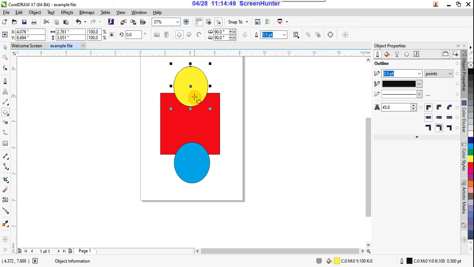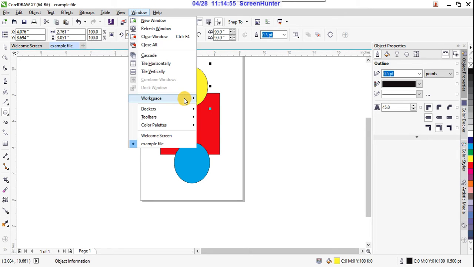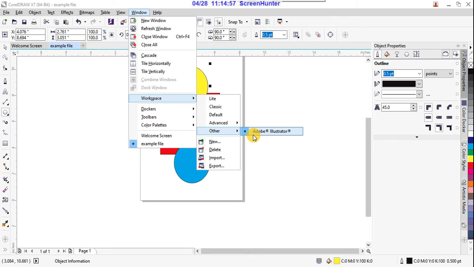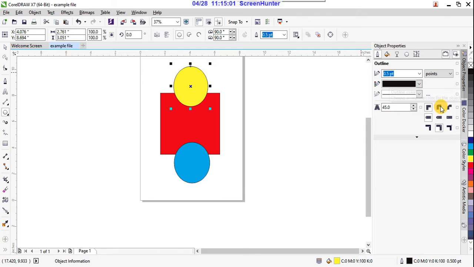So if you use this Illustrator kind of workspace here, see, it looks like the Illustrator program. In Illustrator also your tools and your options are available, the properties in object properties, like.